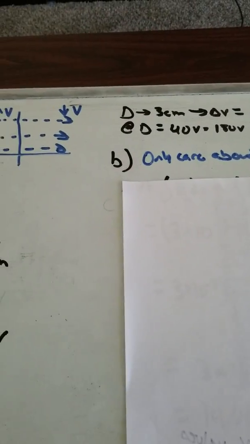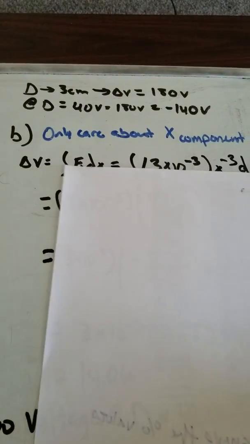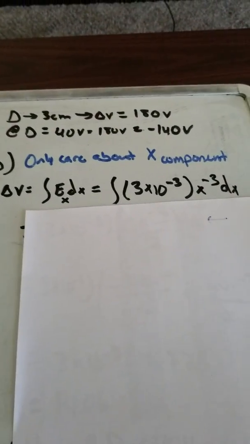In order to find the voltage at point D, given the electric field 3 times 10 to the negative third times x to the negative third in the i direction, plus a y component, we only have to worry about the x component because D and A are on the same axis. They're both located on the x axis, so there will be no y component of the electric field. So with that being said, the change in voltage will be equal to the integral of E dx,